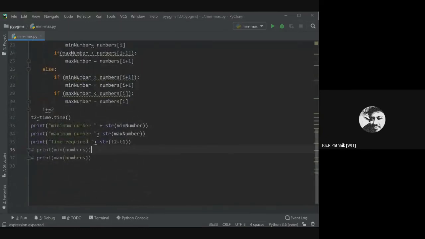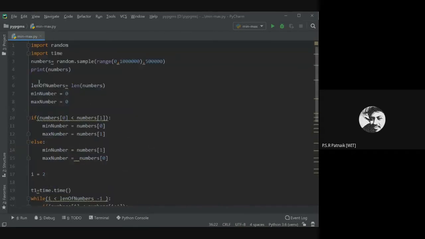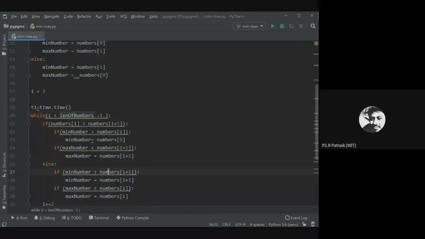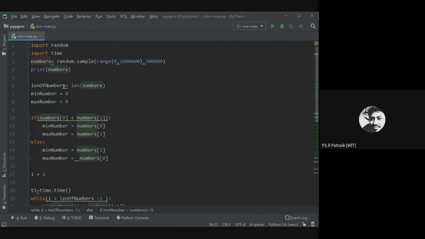I have one question: using the length function every time is not efficient. Yes, there's a question by Darshana. She is asking why we use length of numbers only once. Because every time you calculate the length of numbers, your system will need to count those numbers. So length of numbers here, length of numbers here, length of numbers here: n times calculating here, n times, and n times. That's a bad way of calculating n. So what we do is calculate the length only once, and wherever we need it, we use that number. Okay, I hope the answer is clear.